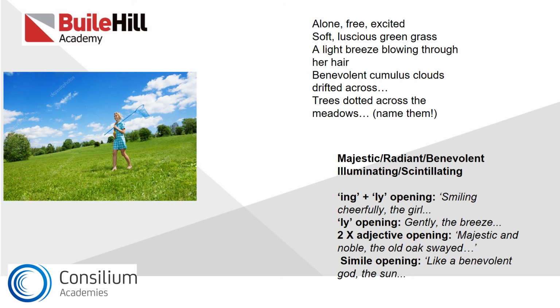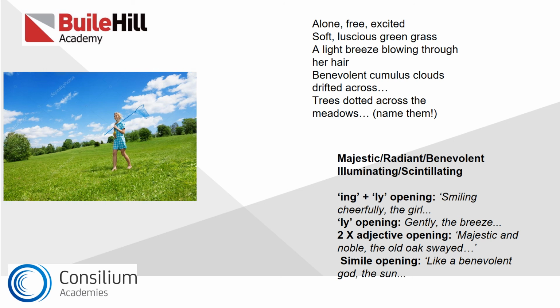In this case, I'm using a geography word to name the clouds, and that's a piece of advice that I'll give on the next line as well. Trees dotted across the meadows, name them. Name the clouds. I've got that word from a geography lesson that I've seen. The trees, off the top of my head, I know oak, sycamore, beech. You don't need to know more than that. I'm sure you do, but all you need is three. Actually name them. And I will say again, with these pictures, they're only as stimulus, or to give you ideas. It doesn't have to be perfectly like what's there.